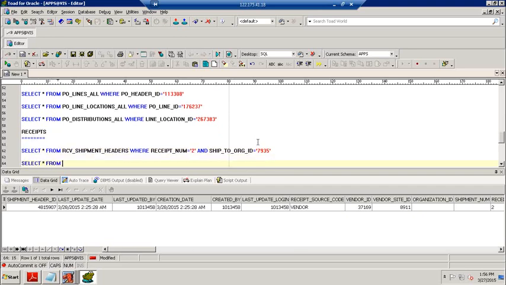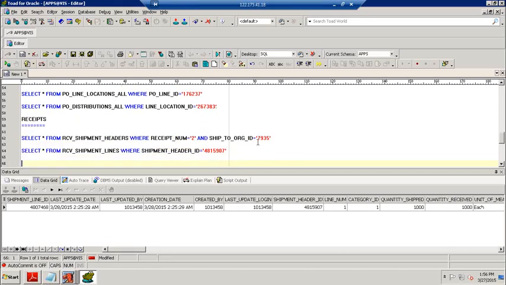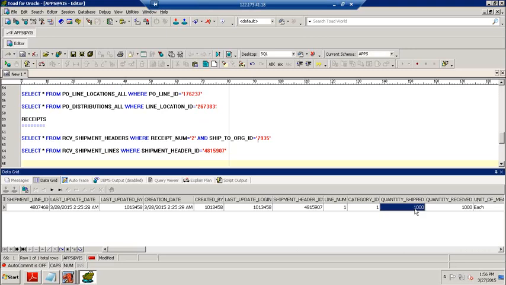Next we can find out RCV shipment lines where shipment header ID equal to 4815907. Then it is going to show us how much quantity shipped and how much we received.